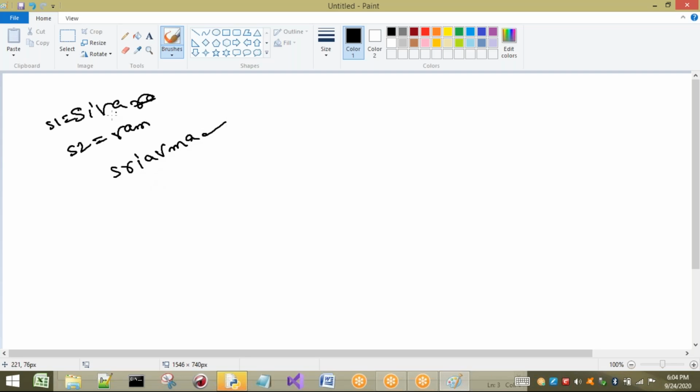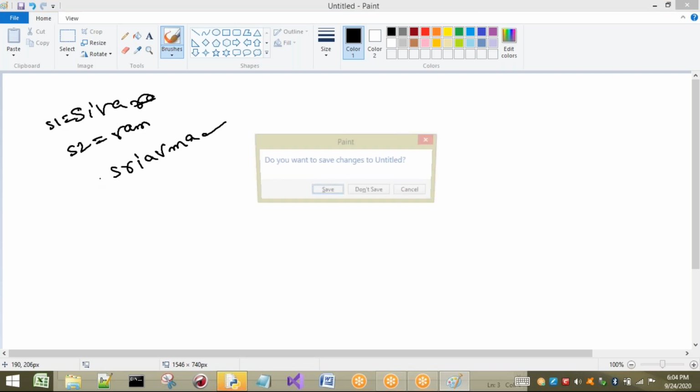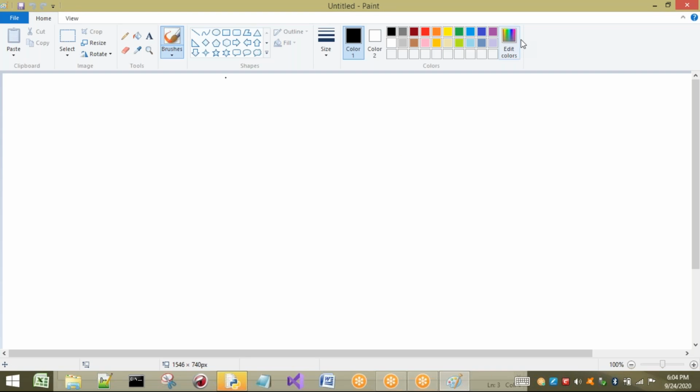So next program, let us take one string and numbers. That means here I'm going to take a string s, for example s1, with values and also characters. This character has to be printed how many times? One time. Next I'm going to take i, which has to be printed two times. Next v has to be printed three times. For example, a has to be printed four times.